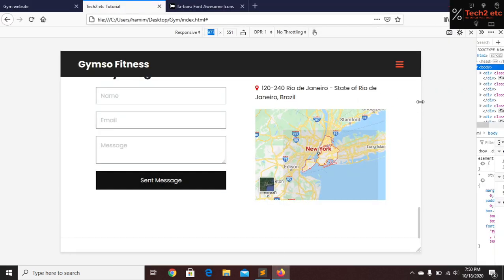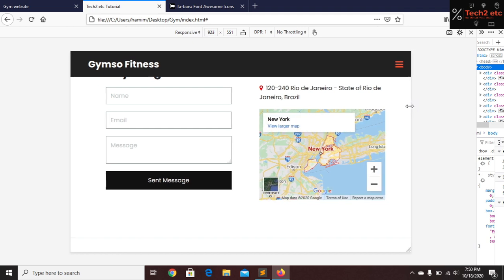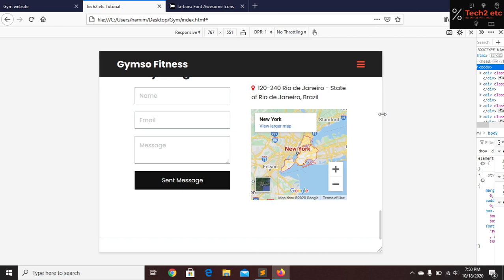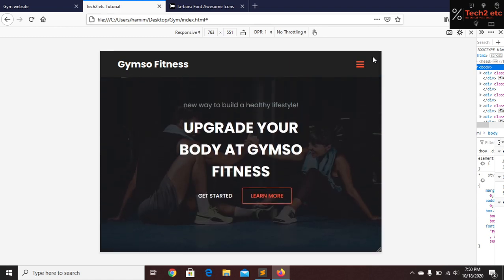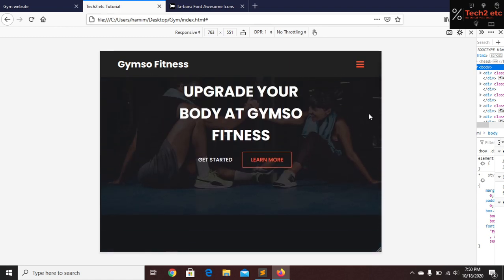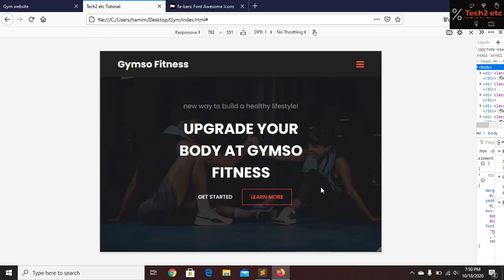So now decrease this screen size and take this to around 768. So now we are at 763. Here you can see that at this screen width, some parts are not working well. So we have to fix those things. For doing this,